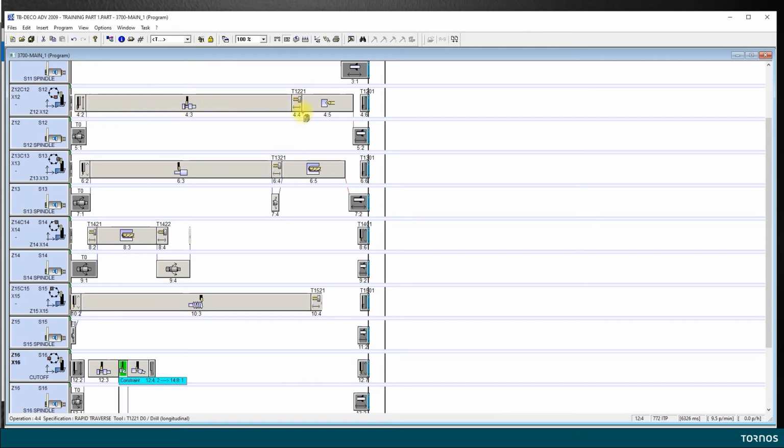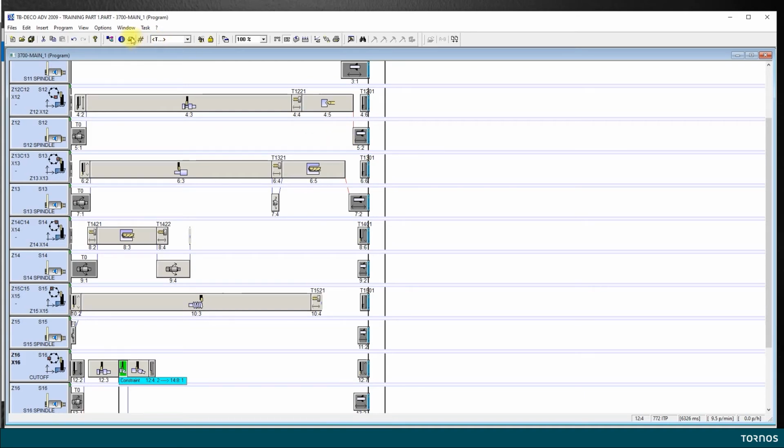Anyway, now I see that it's my operation 2 that is leading the time. I can see that TB Deco has generated a constraint from the end of my operation to the deceleration of the spindle for the translation of the barrel. You have to know that when the barrel indexes, the spindles are shifting.